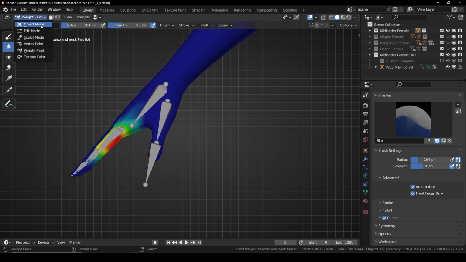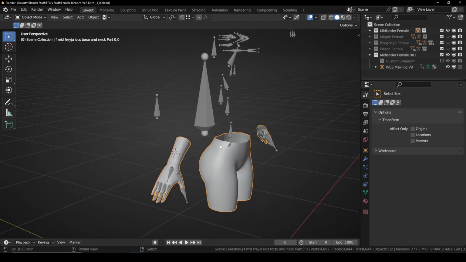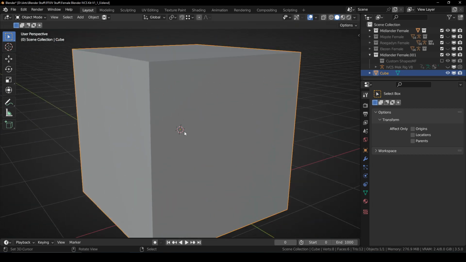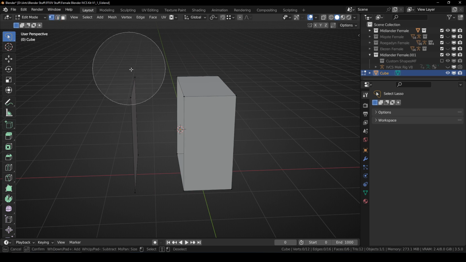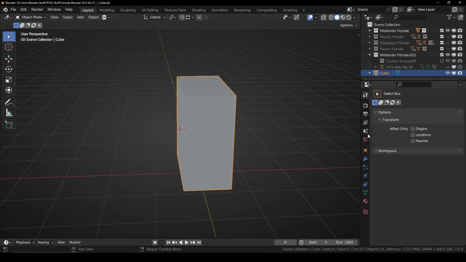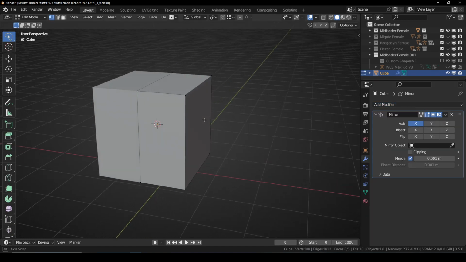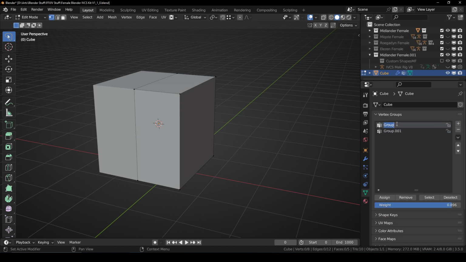There's one instance where symmetry is great in Blender, right? So this one instance is when, let's say we have a model, and we cut one part of the model off, and we want that model to have the same thing on the other side done to it. So using a mirror modifier is perfectly fine. It's great. And another benefit of using a mirror modifier is if you have vertex groups